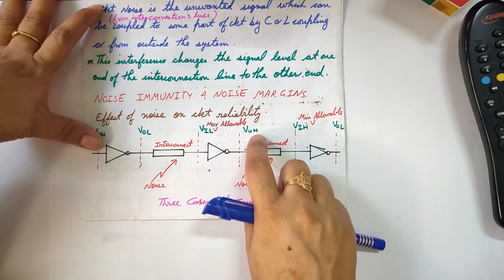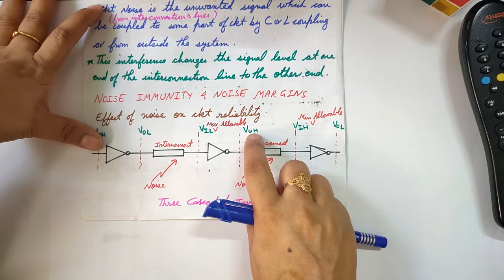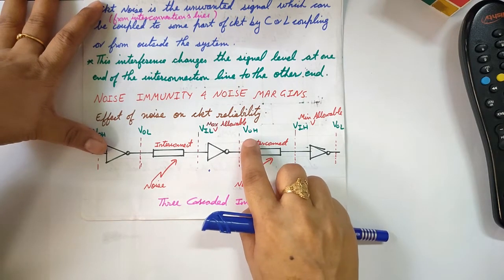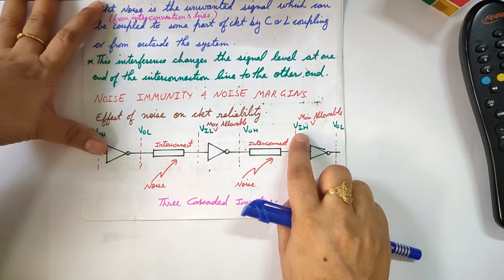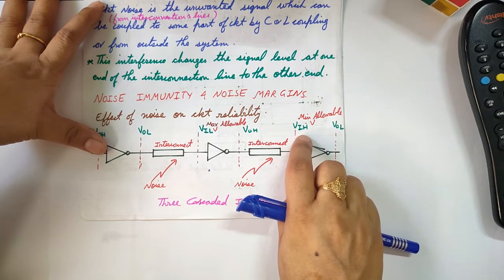Now this is a high signal. If it increases, then no problem, because a high signal will also be treated as logic 1. There's no problem with this increase. But if it decreases, this high signal can become low if it decreases to a very low voltage level. So how much can this VOH reduce to, which is allowed, so that we get a correct output? The minimum allowable value to which VOH can decrease is VIH, because VIH is the minimum input signal which is treated as logic 1.